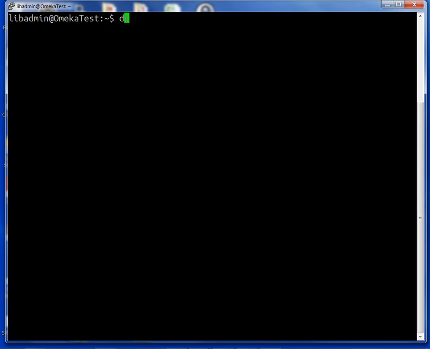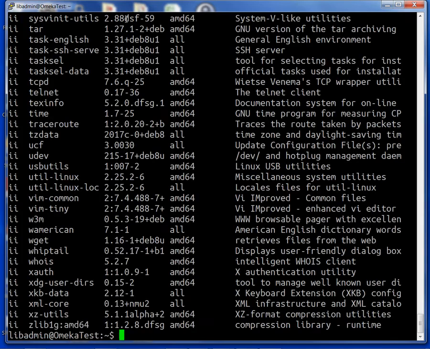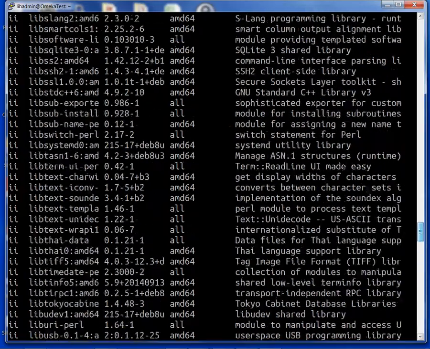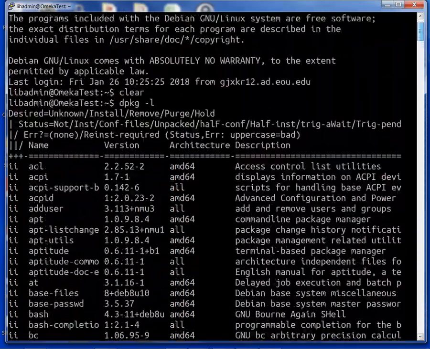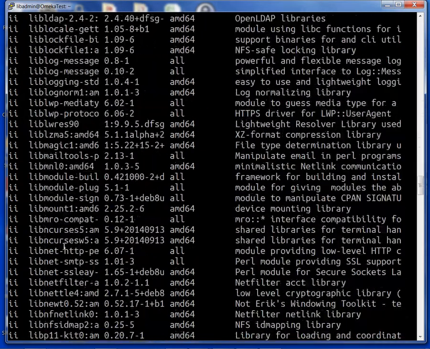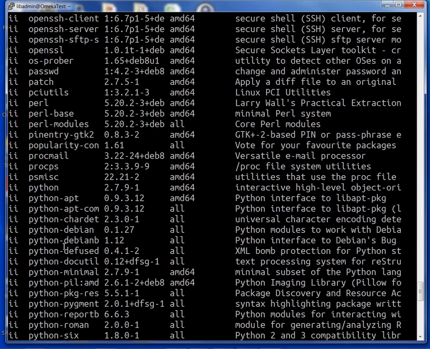with dpkg -l, and we'll get a list of all of the applications that are installed on this server. They're alphabetical, so I'm going to go to the top, and I see that I do not have Apache installed yet. Going further down, I'm looking for